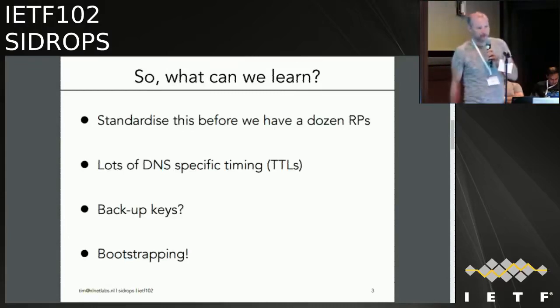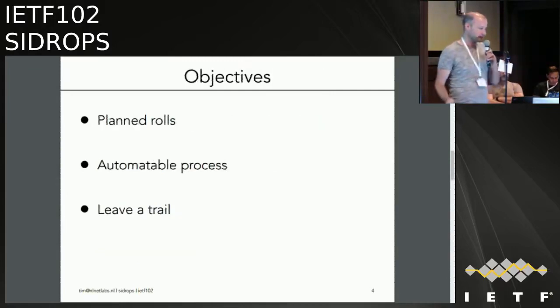Yeah. I have some more slides later. Maybe it makes more sense to talk about it after I've gone through that. So what are the objectives? Well, my main objective is planned roles. I want a process that is automated, that can work unattended. And I want to leave a trail for outdated software. I mean, people install things on Docker images and they don't update it. Might be the wrong way to do it, but it happens. So I want them to be able to get the latest somehow.